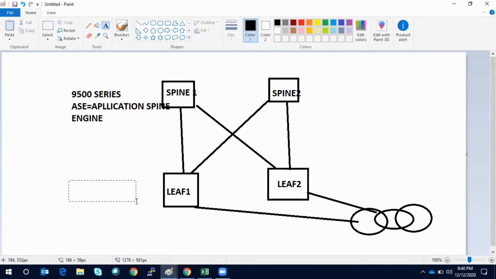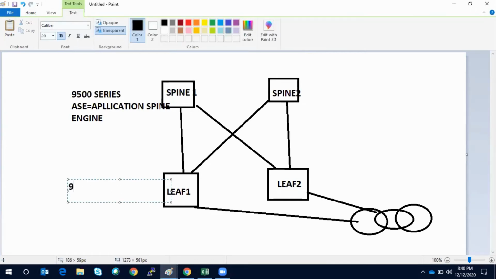The leaf layer are 9300 series switches. They are having the ALE, application leaf engine. Okay, these are all modular switches.